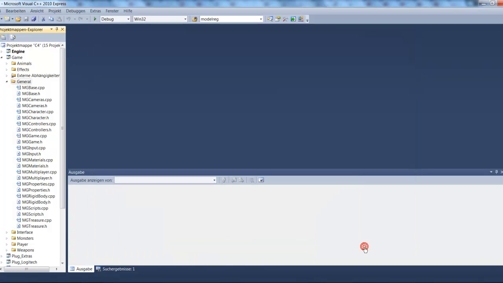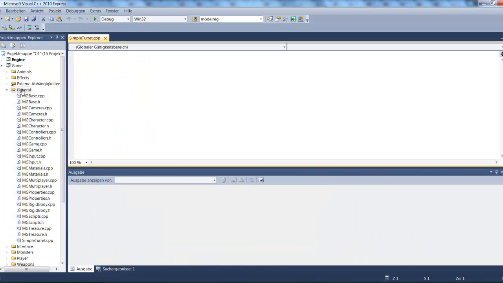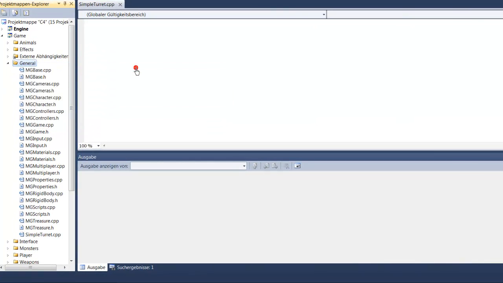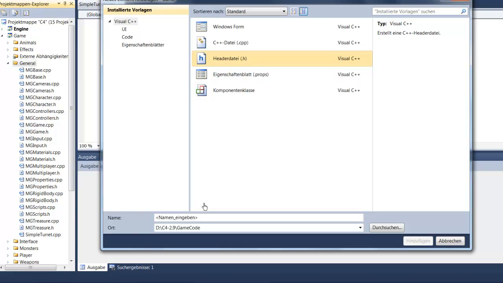Okay, so I say add, and then similarly I right click on general, add new element. It's a header file. I'll call this one simple turret also. You can call it whatever you want. It could be simple cannon or simple whatever, or maybe enemy or something. So the key is that it's in the same directory as the other source code. So we add that,